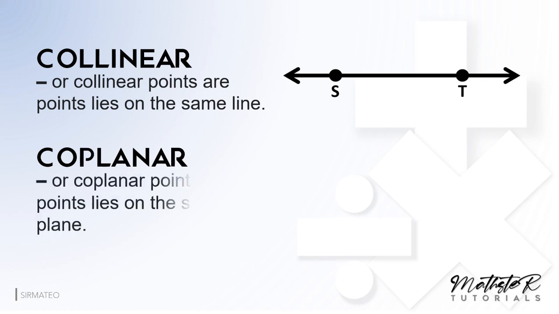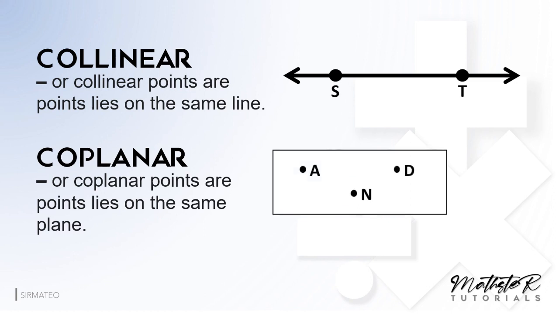When we say coplanar points, these are points that lie on the same plane. So kanina na-discuss natin ano yung plane at ngayon naman coplanar points. So ito yung isang example ng coplanar points. So meron tayong plane which is a rectangular shape. And then, may nakita rin tayo dyang mga points na point A, point N, and point D. So, those 3 points are called coplanar points. Okay?